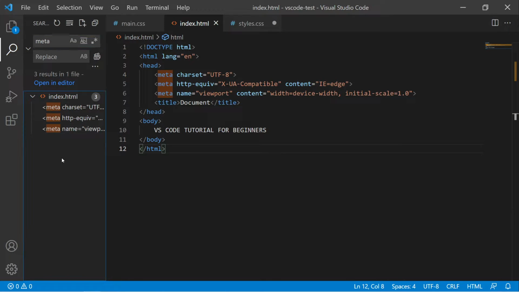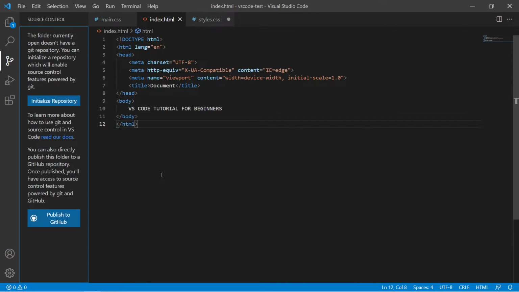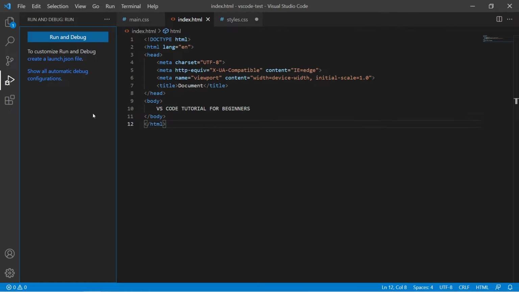You get the idea. Now the next tab we have is source control, and we are going to take a look at it in the fourth episode in a bit more advanced way. Right now, if I tell you in a short way, this helps us in working with Git and GitHub, so we can basically create a GitHub repository right from here and add your commits and pushes right from this source control tab. Then we have debugger if you want to debug your source code. So suppose you're working with Java or Python or something like that, this can come in very handy.